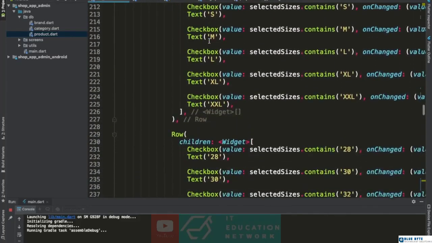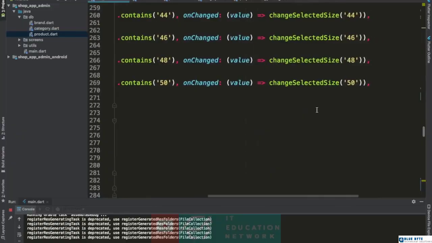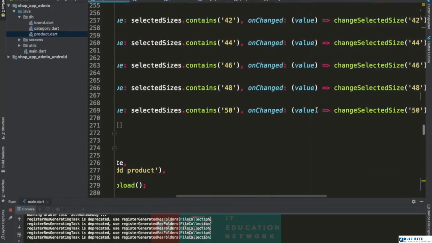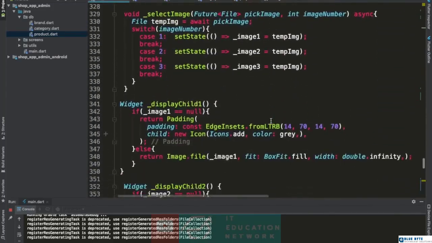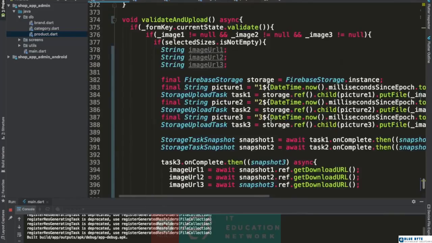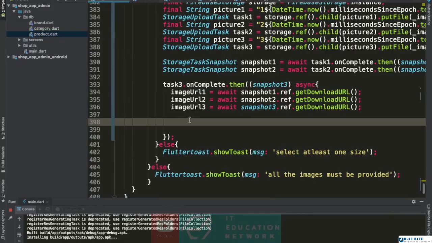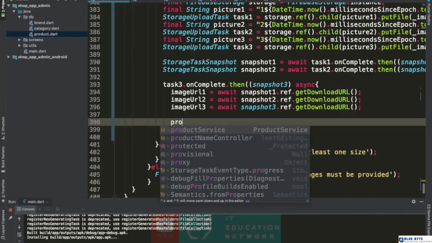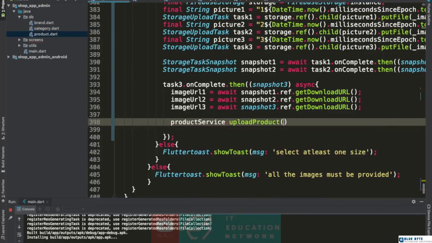we have all of this information now, and what are we going to do? Since we already have that function, we will just put here product service dot upload product,